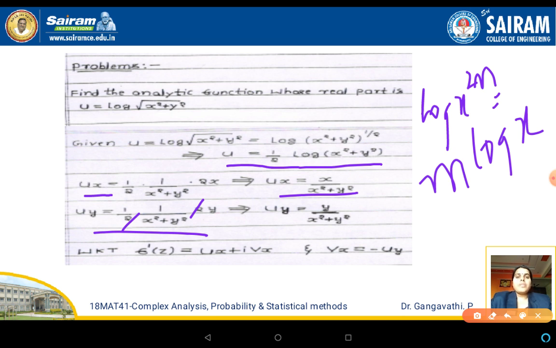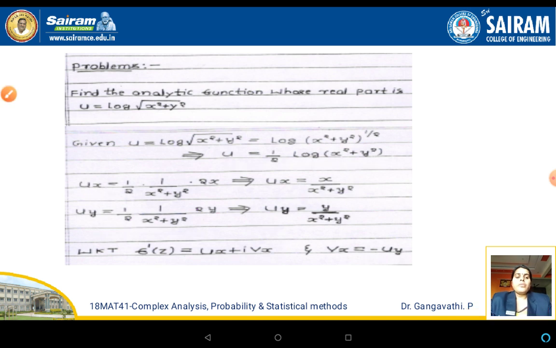Now we need to take f dash of z. In the working rule, I told you clearly when Cartesian form is to be used and which form of polar is to be used. So f dash of z is ux plus i vx. We don't have any expression for v, because u was given and we have u with respect to x and u with respect to y expressions. Whereas for vx, we don't have any data. So what we do is convert this vx as minus uy by using CR equations. CR equation says that vx is equal to minus uy. By using that, we can do this.